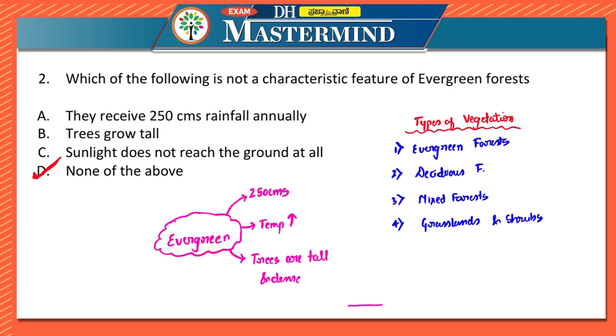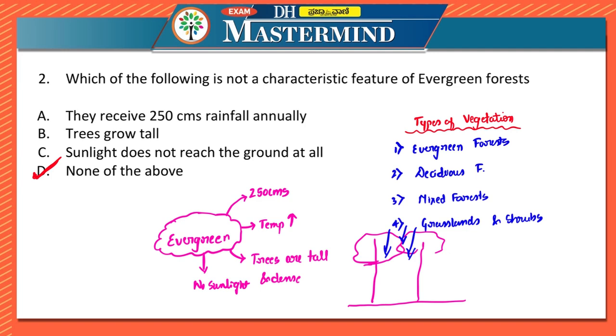So if you consider this as land, then the trees are very tall and they have very good canopy, that is they touch each other. So because of this, there is no sunlight which reaches down. Because of this, different types of tall trees like rosewood, mahogany, kino, teak, then dhupa, etc. are grown in this type of forest.